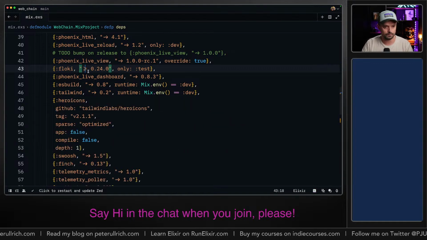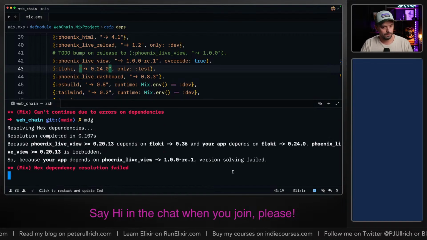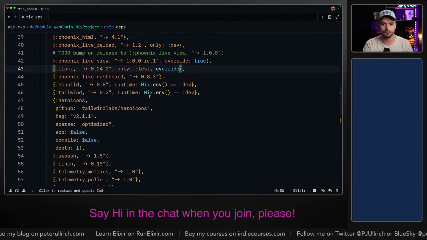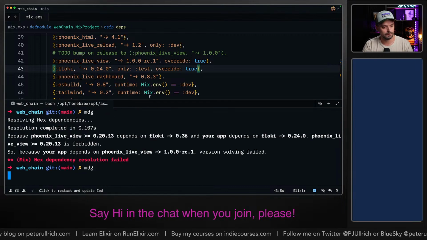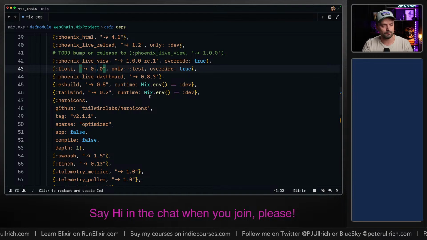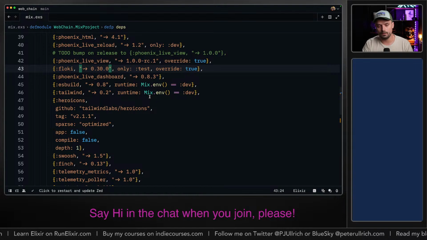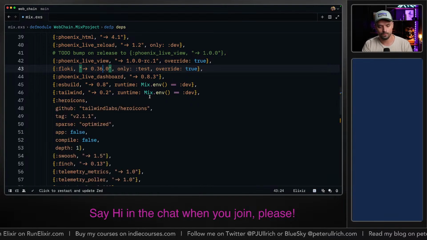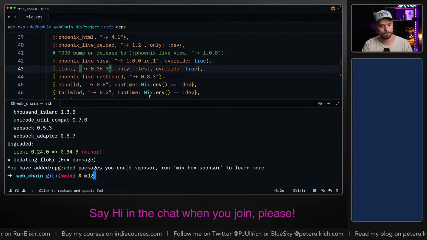Well, okay. Hex dependency. Damn it. Override: true. All right. Good. I mean, actually, we don't need Floki. Let's see. I hope this doesn't break readability.